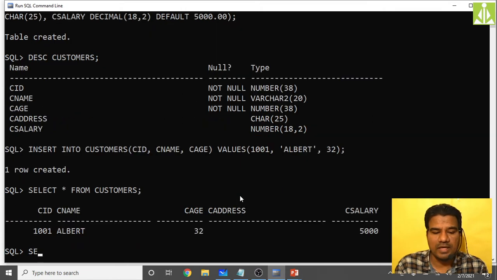We can use the alter command. Using alter command, we are imposing the default constraint on the address column.